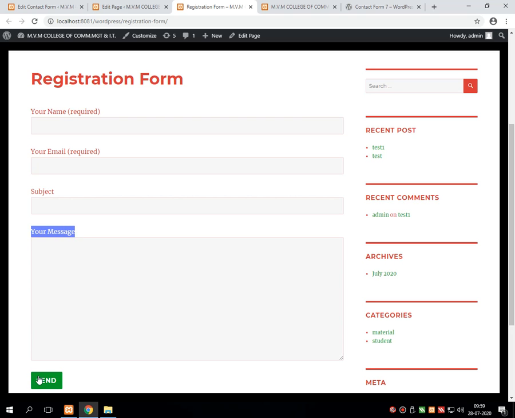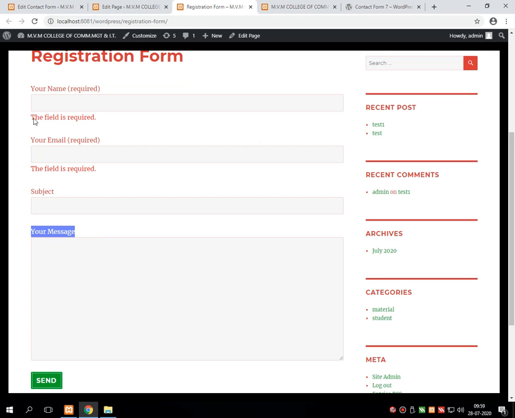So whenever I directly press this send button, it gives an exception over here. The field is required. That means whenever we click on this button, it checks that nothing is entered by the user in this particular field. So that's why it gives the message.